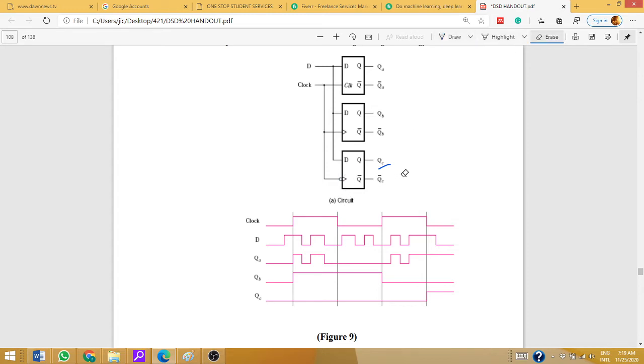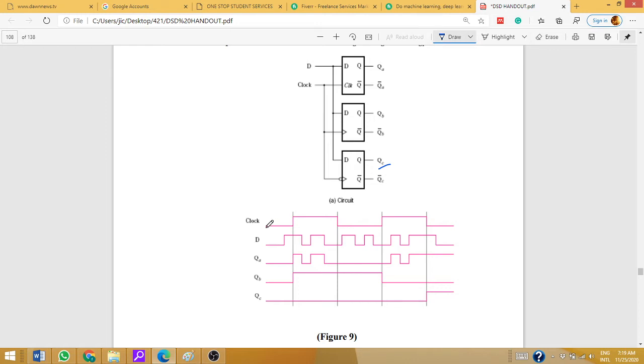If you understand, I think you can draw the waveform yourself. It means you have understood all three before. Okay, try to solve it yourself. Try to understand how it is. If you can, stop this lecture here and try how QA, QB, QC are coming depending upon the clock. We are discussing it anyway.